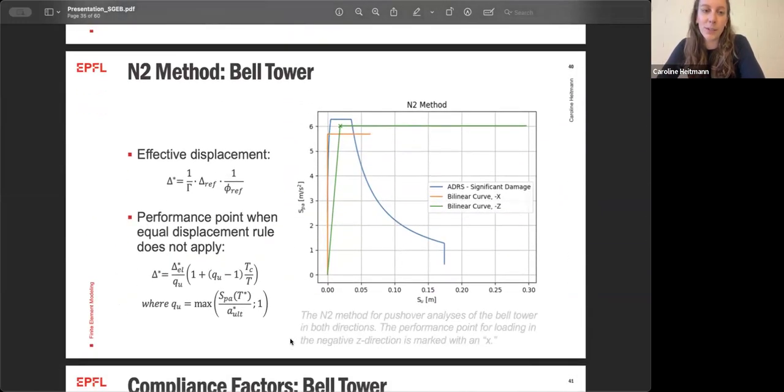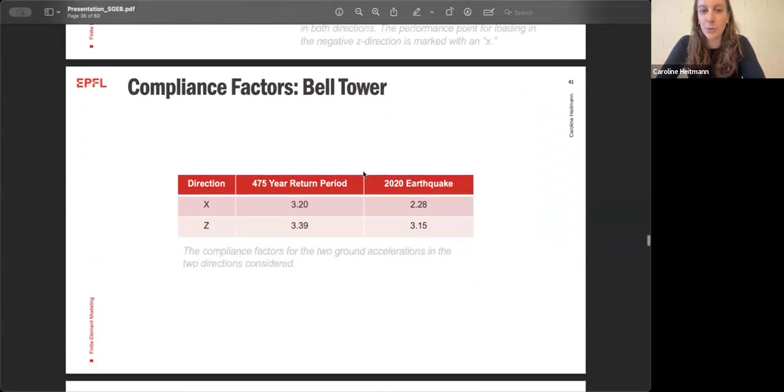So once again, we can use the N2 method, and this time I'm really normalizing with my modal properties to find my effective properties to translate into this capacity curve. And it's important to recognize when the equal displacement rule is not applicable, and we have to use the equal energy rule specifically for our orange curve here. And so once again, though, our results are showing that we're within our displacement capacity requirements,